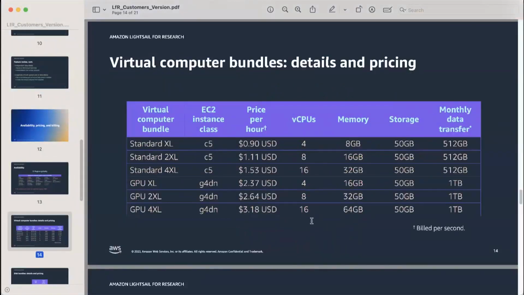And then these are the prices for different sizes. So let's say you want to use standard Excel. So you've got C5, a particular kind of machine, an EC2 instance, that's a class. There are so many different classes of EC2 instances, the virtual machines that we offer. The price per hour is 90 cents per hour, US dollar. And then virtual CPUs, you get 4, memory, you get 8 GB, and the storage that you get, the EBS, is